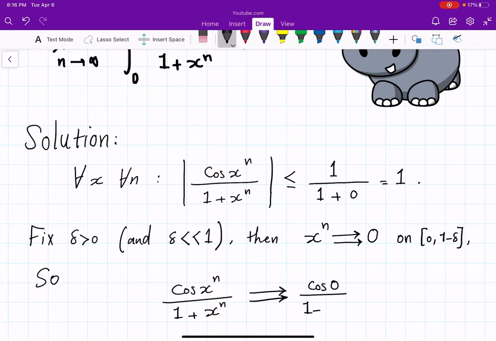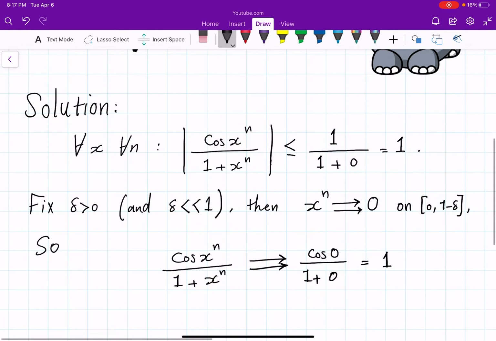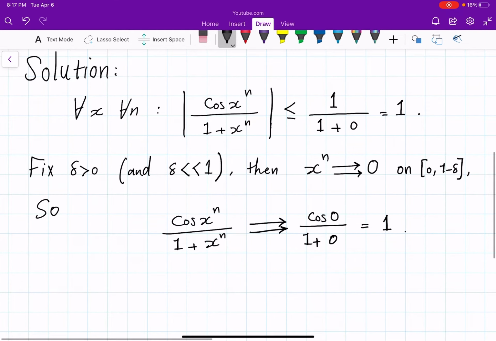So you can prove that if you compose a function with a sequence of functions that uniformly converge, the result will also converge uniformly. So this will be 1. So on the interval from 0 to 1 minus delta, this fraction uniformly converges to 1. And as a result,